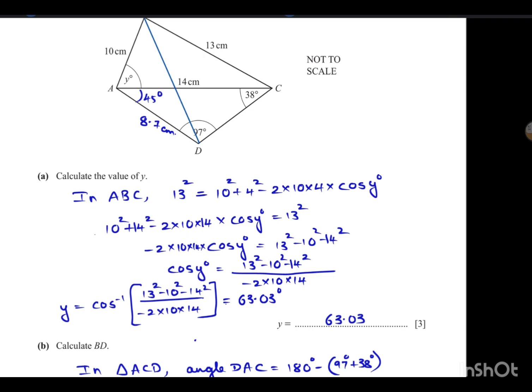Now you know this angle, you can add y plus 45. y is 63.03, and 45 if you add, you get this complete angle. So sine of this angle by 14, not 14, by this line BD will be equal to sine of, oh I'm sorry, I should not use sine rule, we have to use the cos rule here. There are two sides given and the angle we know. So the third side we can find using cos rule. So BD is equal to,